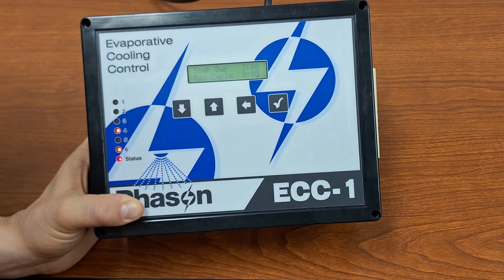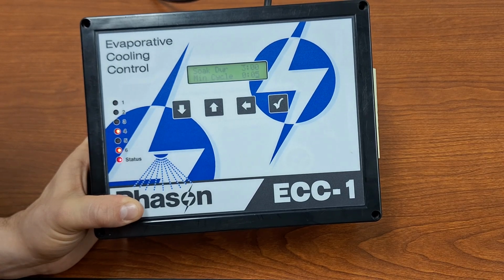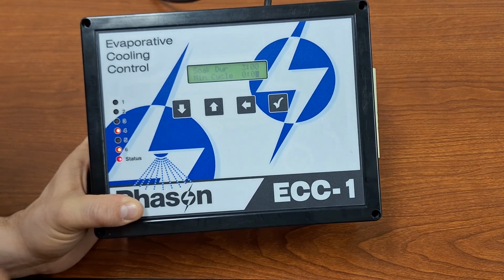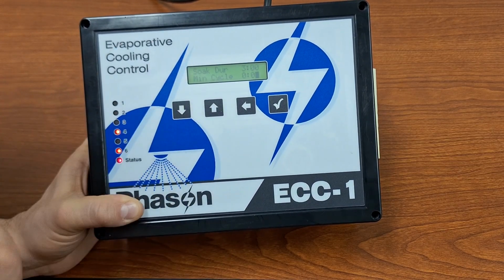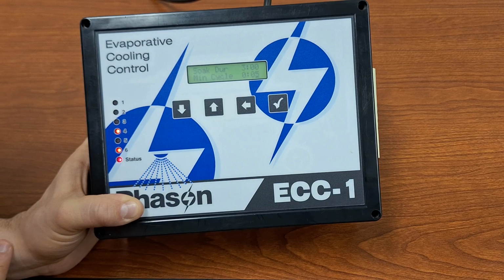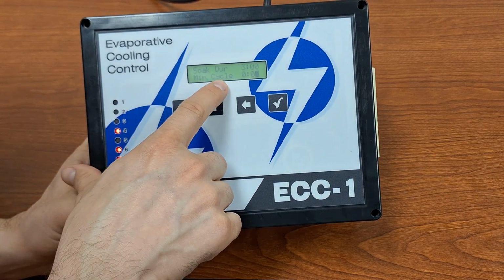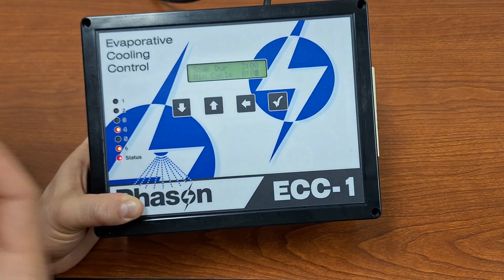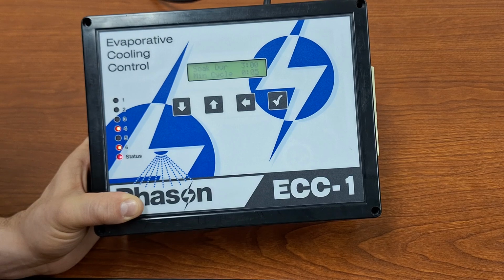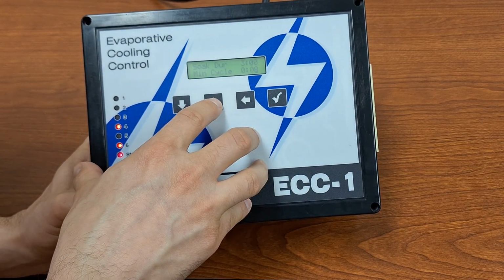So that's going to be, say, 10 seconds to give that pump time to pressurize the system. So that means our minimum cycle needs to be the 9 minutes plus the 10 seconds for our pump. Of course, our cycle duration is in hours and minutes, so we would need to round that up and say 10 minutes is going to be the lowest